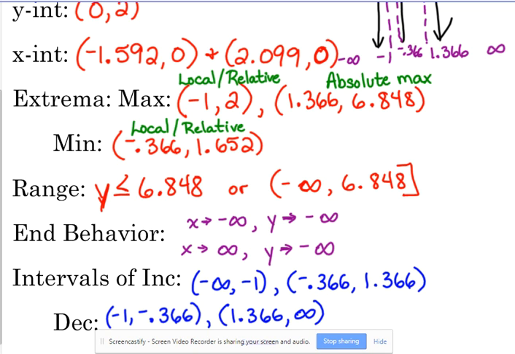Do I need to run through it again? Using what I've got in purple up here, using these values. You start on the left, you hit every single one of them. Okay? So negative infinity to -1, it's increasing. -1 to -0.366, it's decreasing. Typically, those are going to alternate. Okay, as you're moving from left to right, you should bounce between increasing and decreasing. Just depends on which one you started with. It might not make sense right now, or might not make sense in a second when you have to do it. Yes? Okay. So